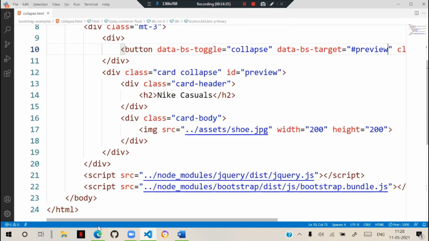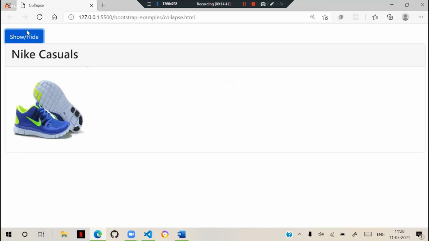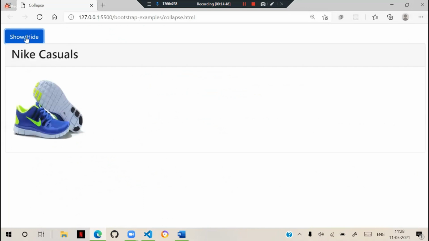Now you can see that here it is hidden. I click on that, it should display. Again click, it should hide. So show and hide the content.